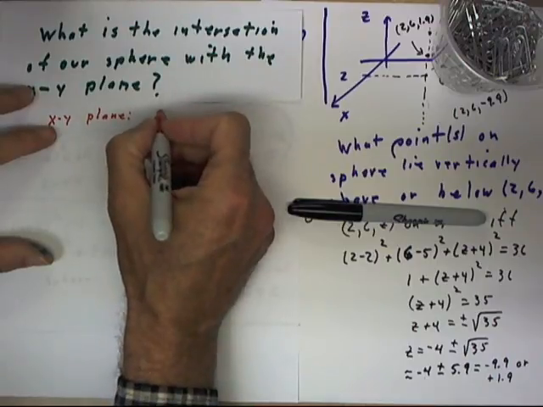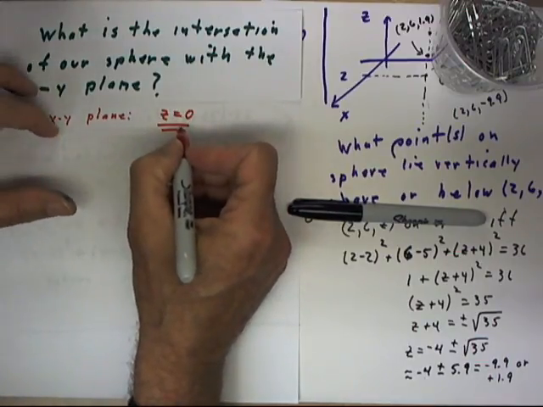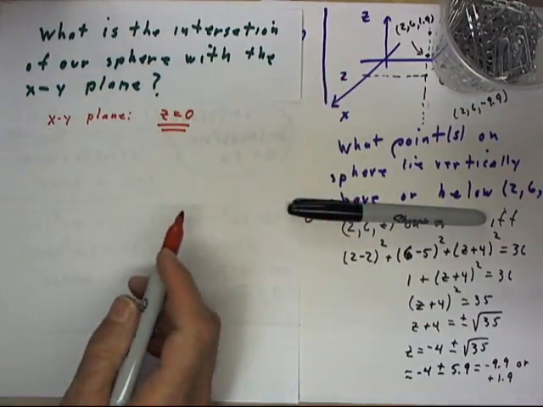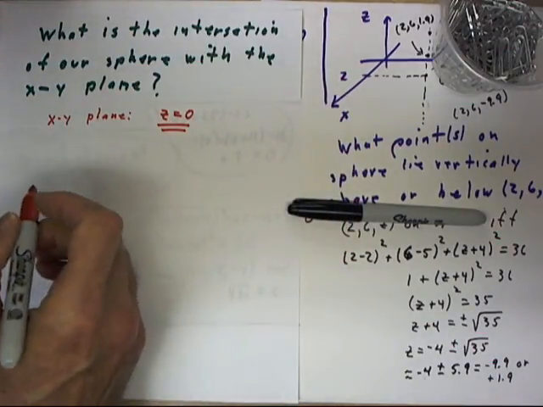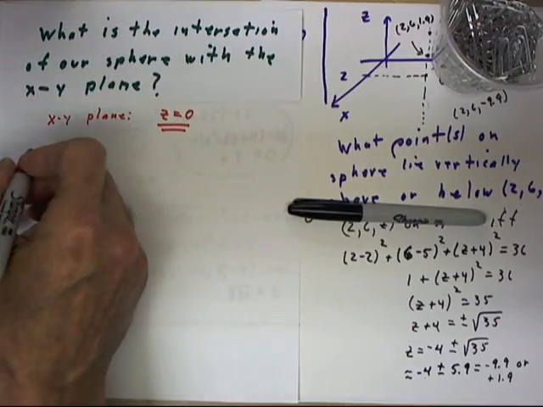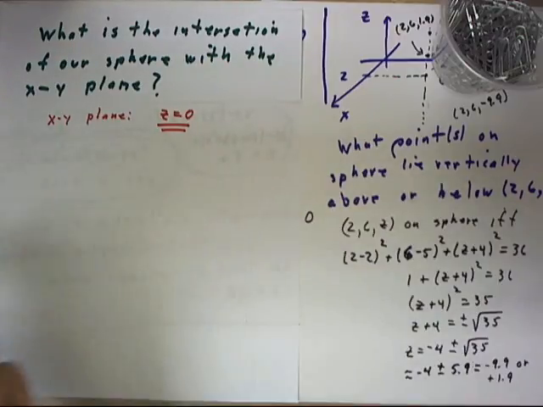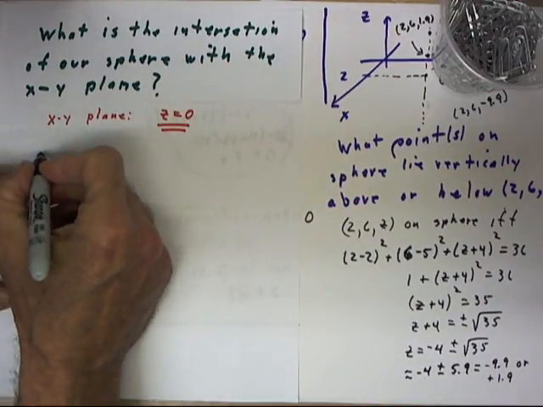Now, the xy plane is characterized just by the fact that z equals 0. Every point of the xy plane has z equal to 0. And if z equals 0, the point is in the xy plane. So we can write the equation of our sphere, and that equation simply